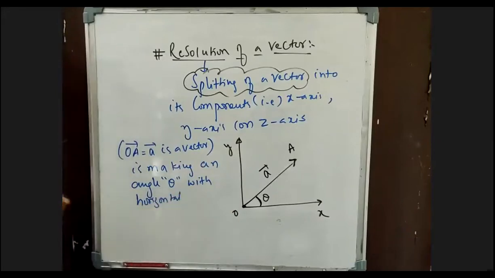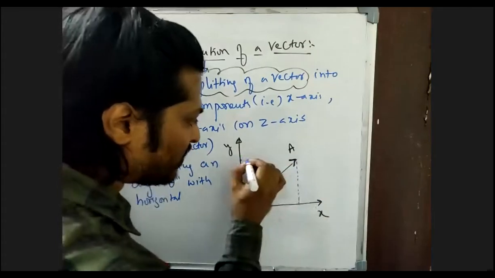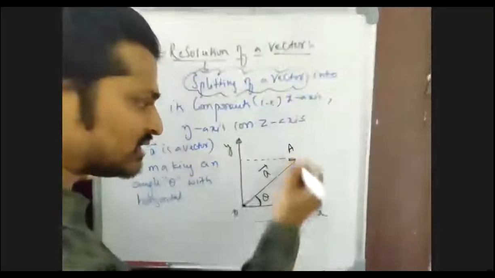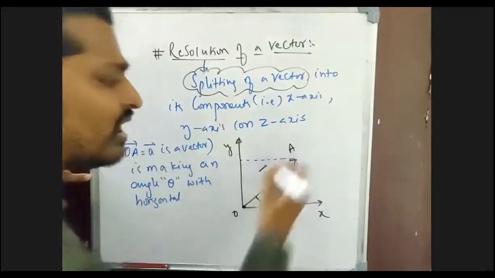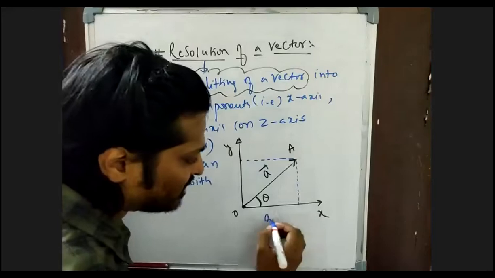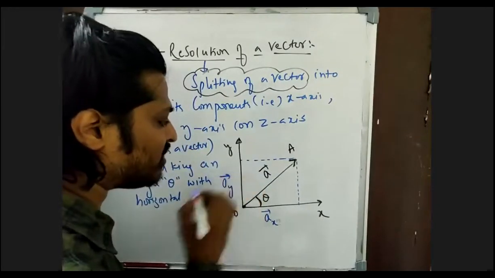Now apply a little bit of trigonometry. Drop your perpendicular right now here, and drop a perpendicular parallel line to this one. This is your y component and this will be your x component. So A bar has a horizontal component represented by AX bar and a vertical component represented by AY bar.